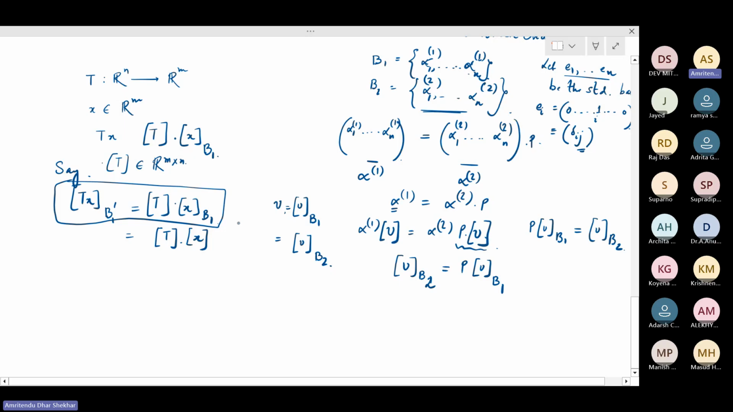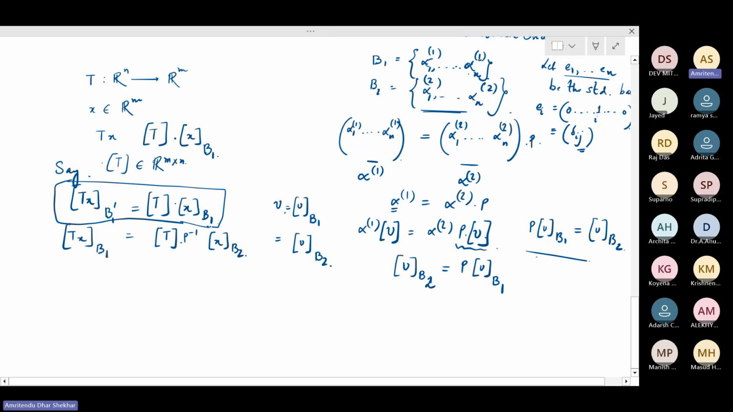Okay. This is going to be a column vector of length n, and this is going to be a column vector of length n. All right. So this x with respect to b1, you can write it down as, if we use this relation now, equal to P inverse times x with respect to b2. This is Tx of